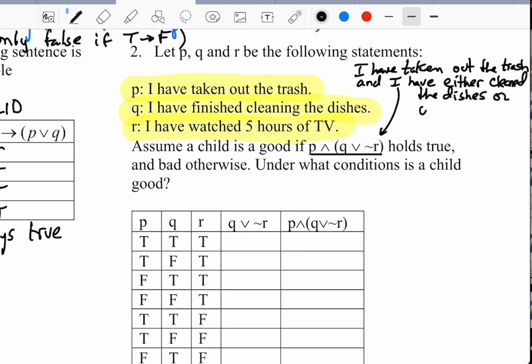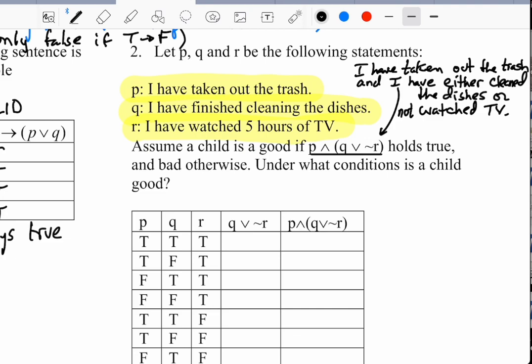Or watched 5 hours of TV. I'm just going to say watch TV. All right. Not. Thank you. Or have not watched TV. All right. So to parse through the circumstances in which this sentence would be true, not the easiest thing in